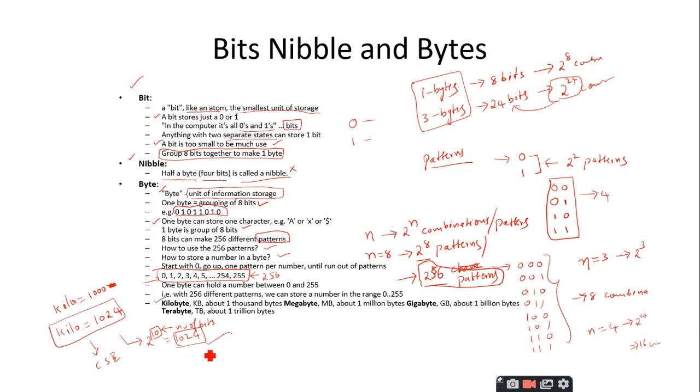So when you combine 1024 bytes, we call it a kilobyte. And when you combine these bytes, we call it a megabyte. Similarly, 1 million bytes is called a gigabyte. After gigabytes we have terabytes: KB, MB, GB, TB, and we have other units also. So KB represents 1000 bytes, megabyte is 1 million bytes, gigabyte is 1 billion bytes and terabyte is 1 trillion bytes. We have other units also, but that is not in our scope.